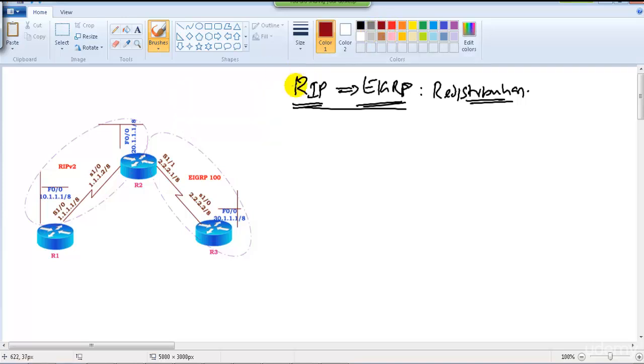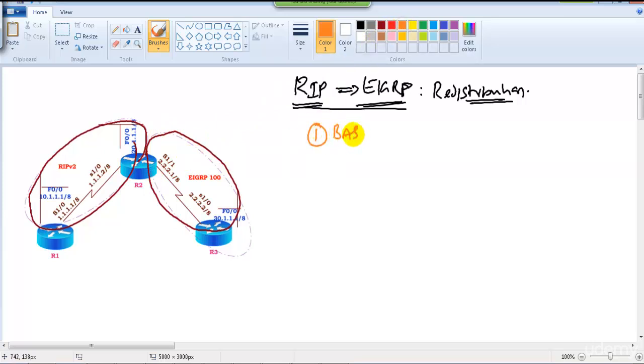So what we'll do is we'll take a small scenario where I've got 3 routers. If you want to add more, you can add. I'm going to assume that these routers are running RIP version 2 and the other part of the network is running EIGRP. The first step I'm going to do is the basic advertisements, advertising the interfaces as per the diagram, in RIP on the left side